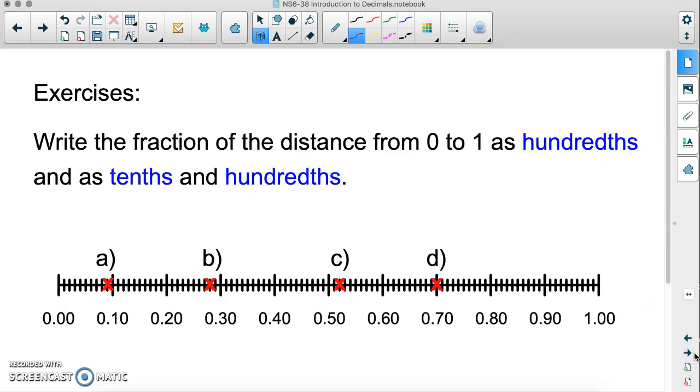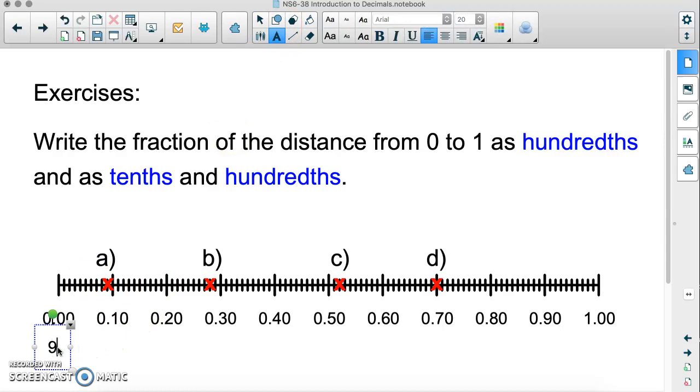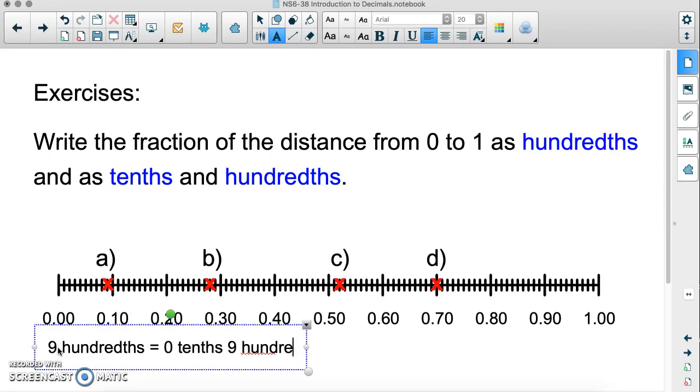So now here's some exercises. You're going to write the fraction of the distance from 0 to 1 as hundredths and as tenths and hundredths. So for example, we have A, which would be 9 hundredths. So we have 9 hundredths, which is equal to 0 tenths and 9 hundredths. Now I want you to do B, C, and D on your whiteboard and then